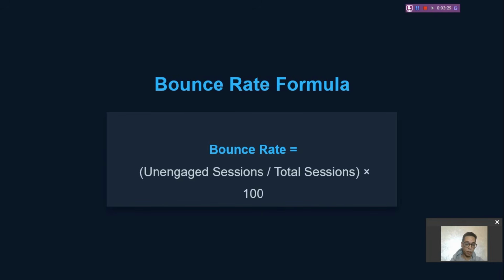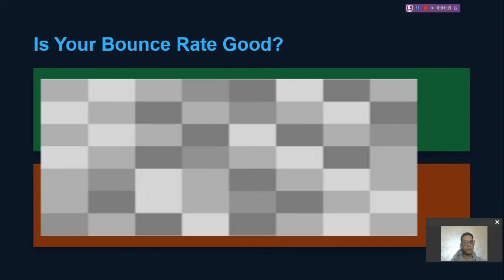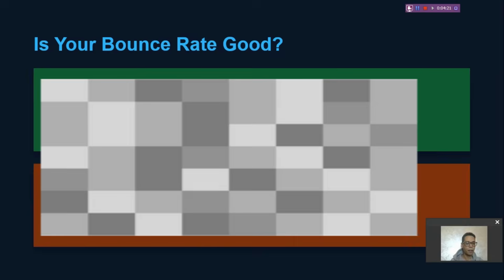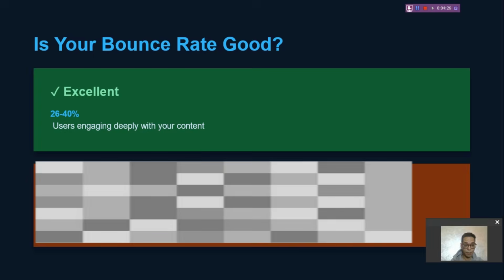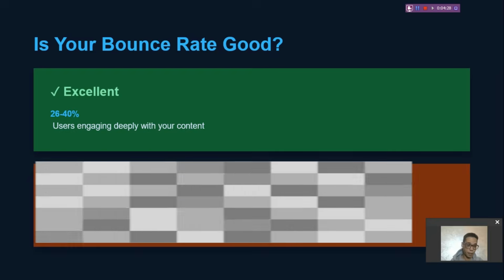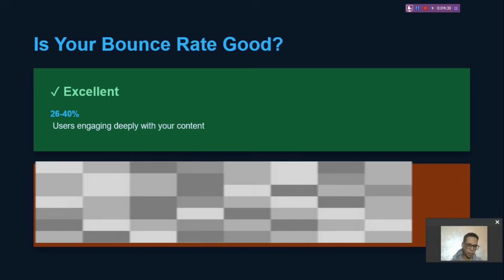So the more people don't engage with your session, the higher the bounce rate. So you need to reduce the bounce rate to the minimum, because it's so important for Google's algorithm to rank your website on their first page. Now let's see if your bounce rate is good or not. If your bounce rate is between 26 to 40%, it's considered good to excellent, because users are engaging deeply